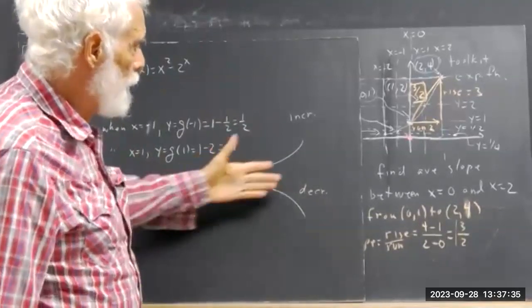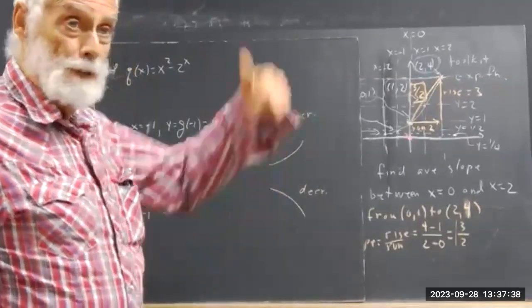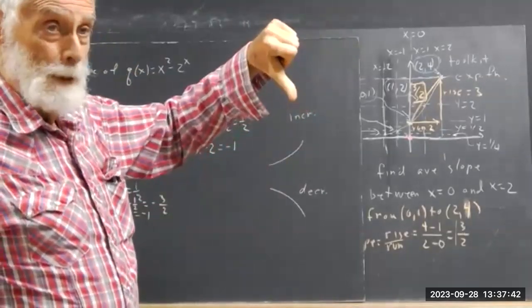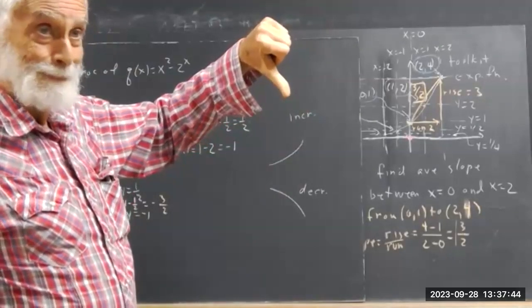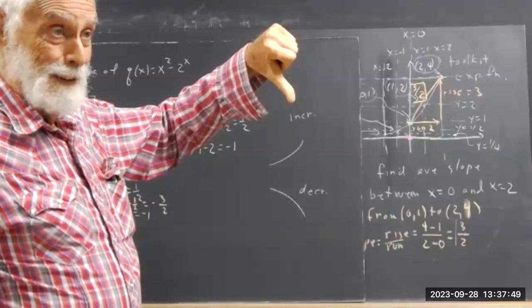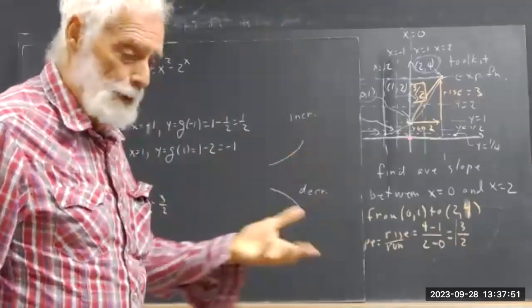We can say this is concave up or concave down. I'm going to say concave up. I'm going to say concave down. How many never really thought about what concave means? Okay. Concave up means it opens up. It means